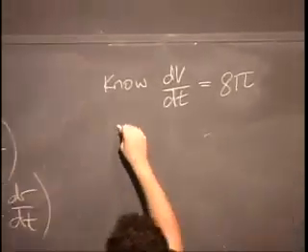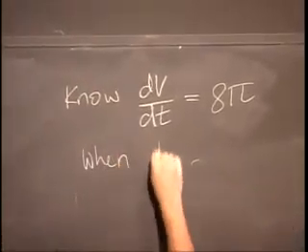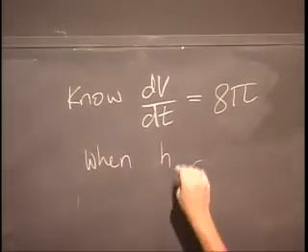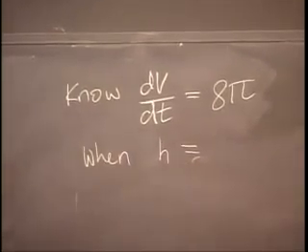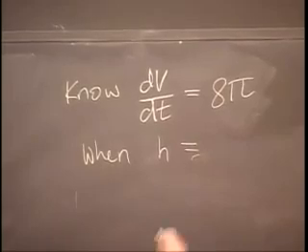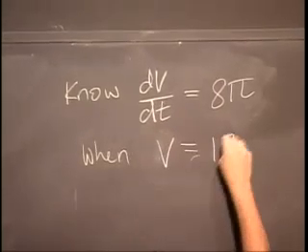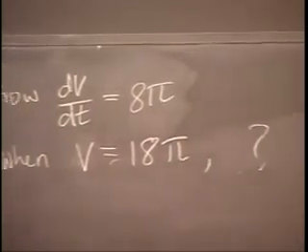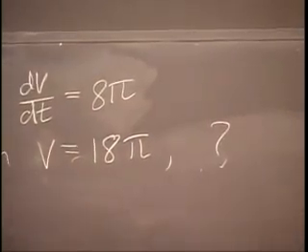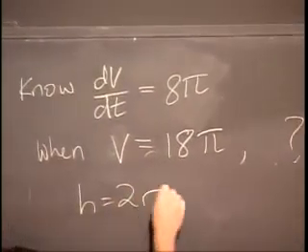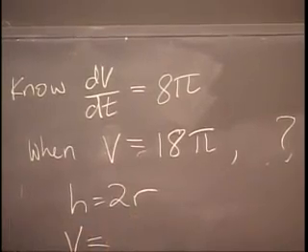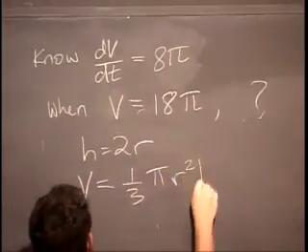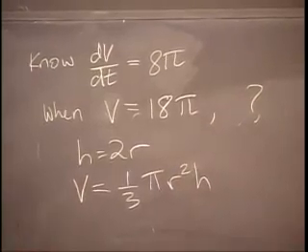Also, we want to know what happens when the volume is 18 pi. That's what we want to know. Well, I come back to my original two equations. Again, we have h equals 2r, and we have v is equal to 1/3 pi r squared h. So when v equals 18 pi,